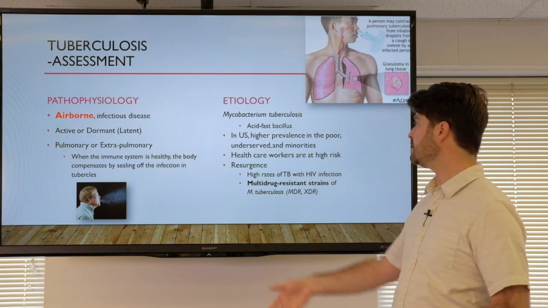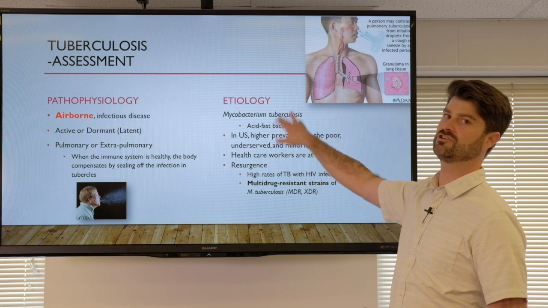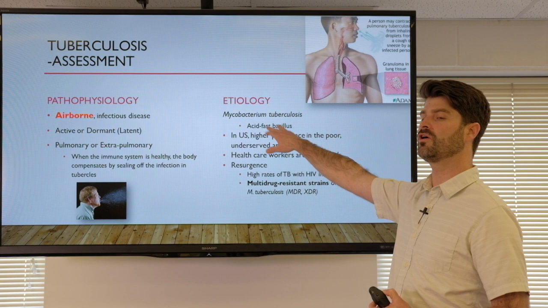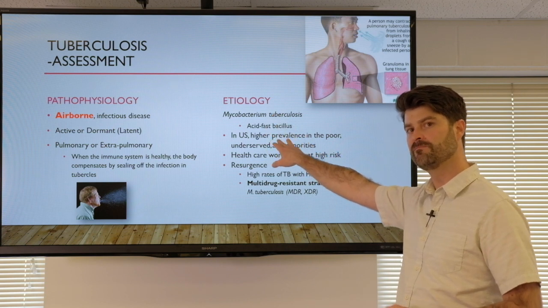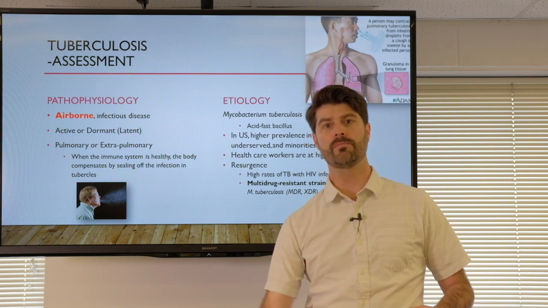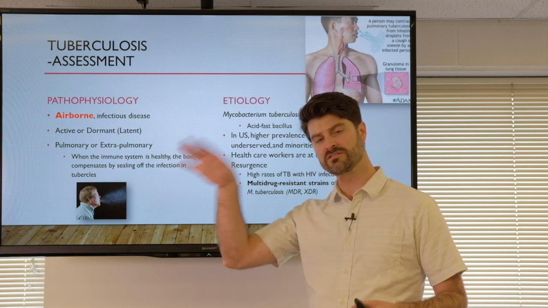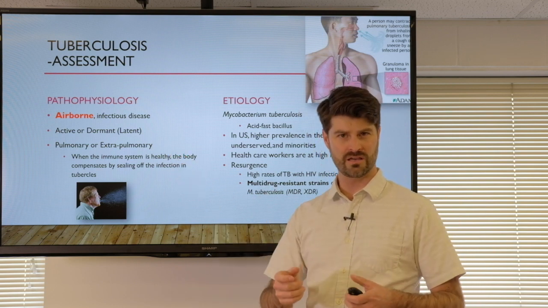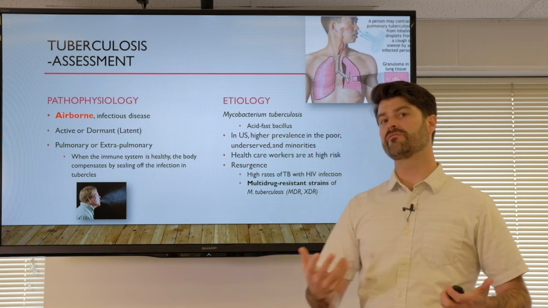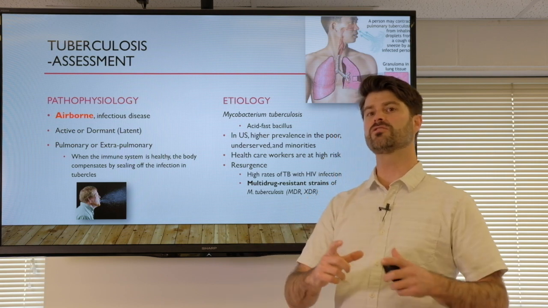Etiology of TB is this bacterium, the Mycobacterium tuberculosis. That is the infectious pathogen that causes tuberculosis in patients. It is what's called an acid-fast bacillus. Acid-fast bacillus is a way that we can identify it through microbiology. So acid-fast is one of those tests we do. Thinking back to micro, remember you guys gram-stained things and you can make them turn purple, which was kind of fun. Acid-fast is another one of those types of exams where we can assess what the bacterium looks like